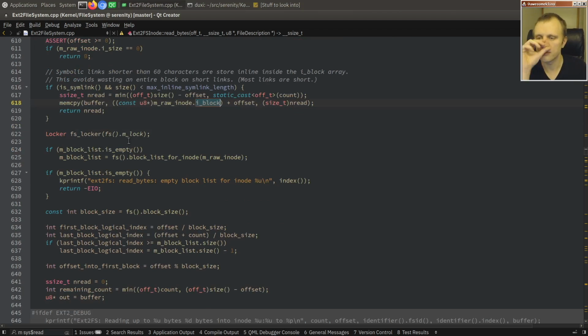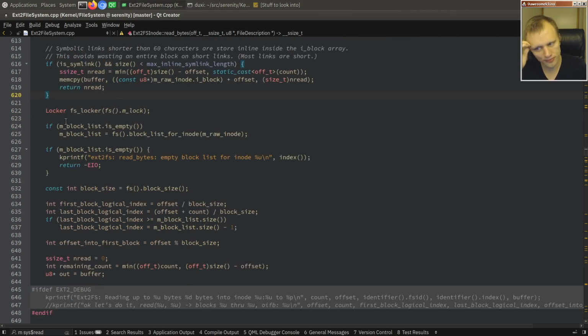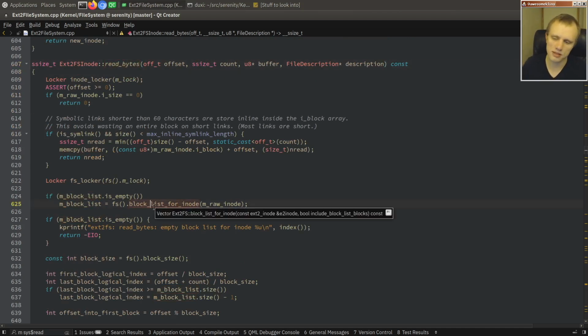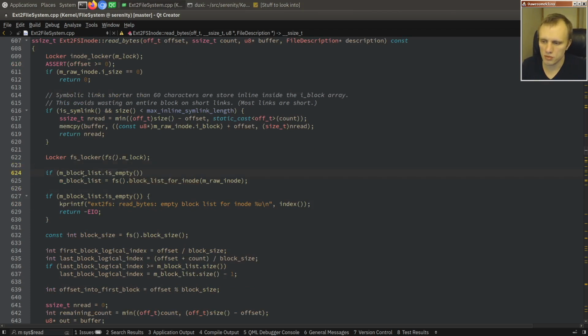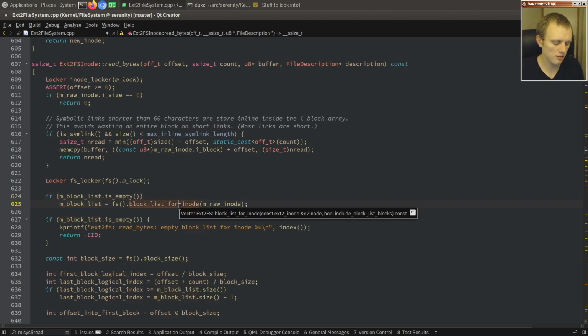Okay, so next thing that we do after determining that it was not a symlink shorter than 60 characters, so this is read bytes, right? We want to figure out where do we read all these bytes from disk. And then what we want to do is make sure that we get the block list for this inode. And the block list in ext2fs, it's basically